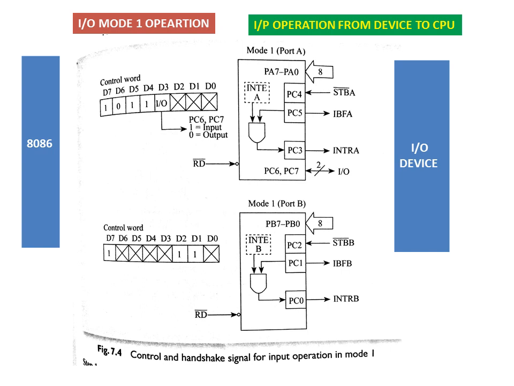There is a sequence of steps given to read data from the IO device to the 8086 processor in IO mode 1 operation. The first step,